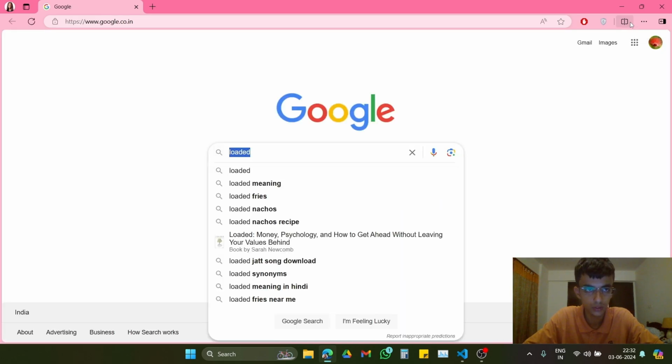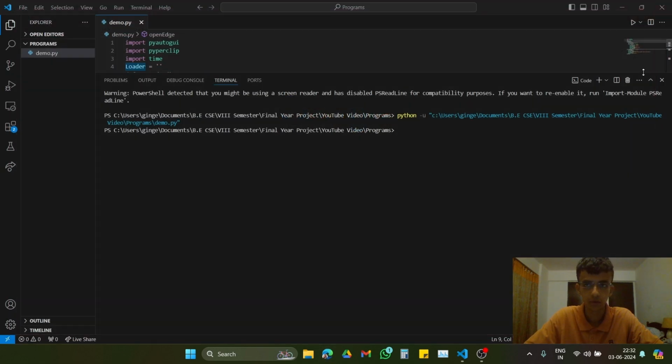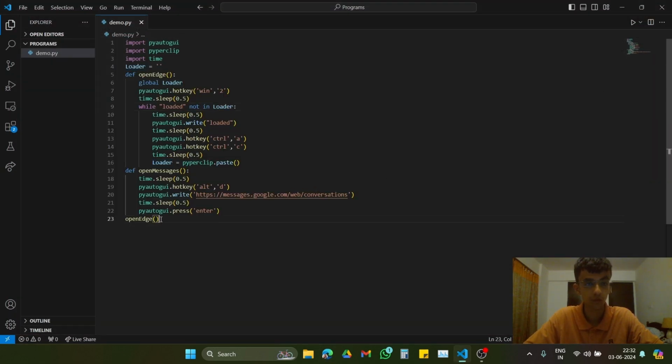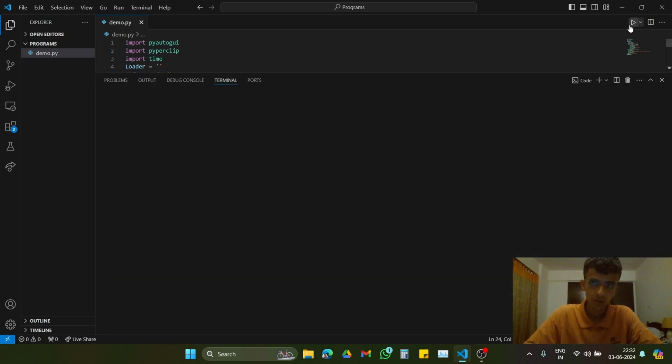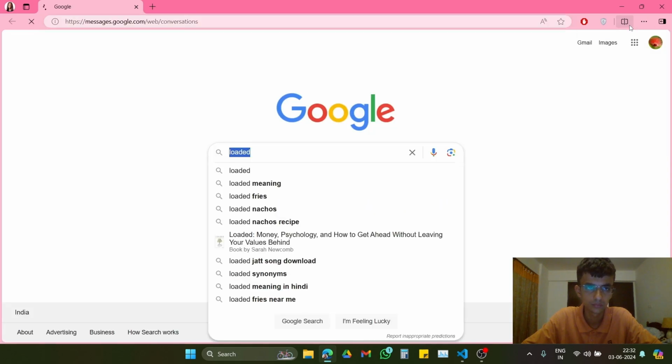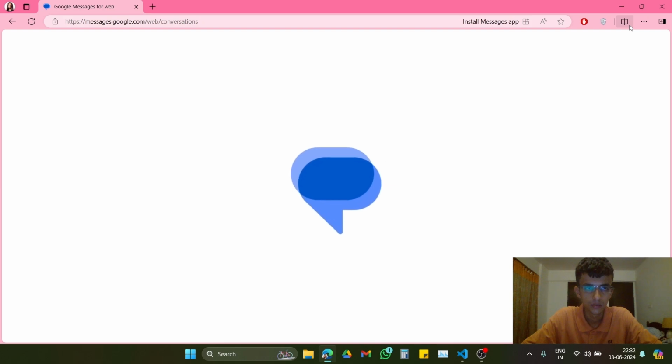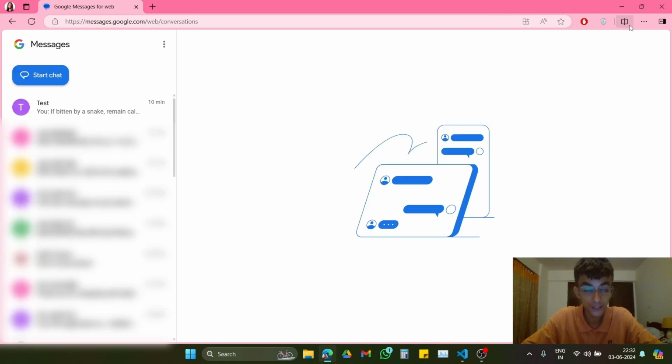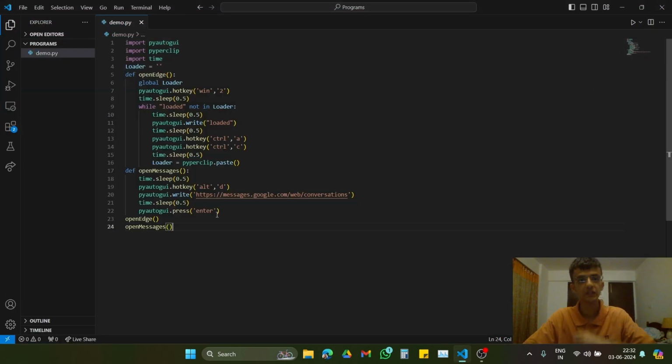So as you can see, the browser has loaded, and okay, let's see what went wrong. Okay, so very importantly, I keep missing this. When we create a function, we have to call it. So let's see whether that executes all right. So as you can see, we have successfully opened Google Messages, and just like before, we need to have a